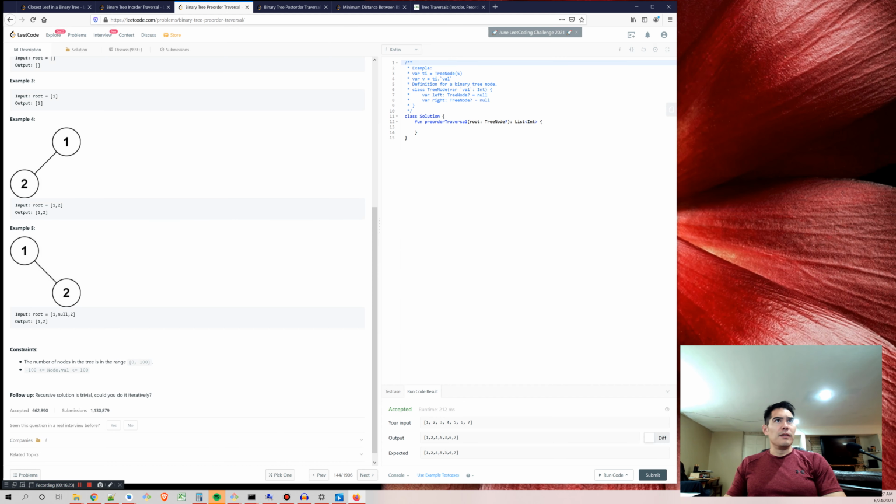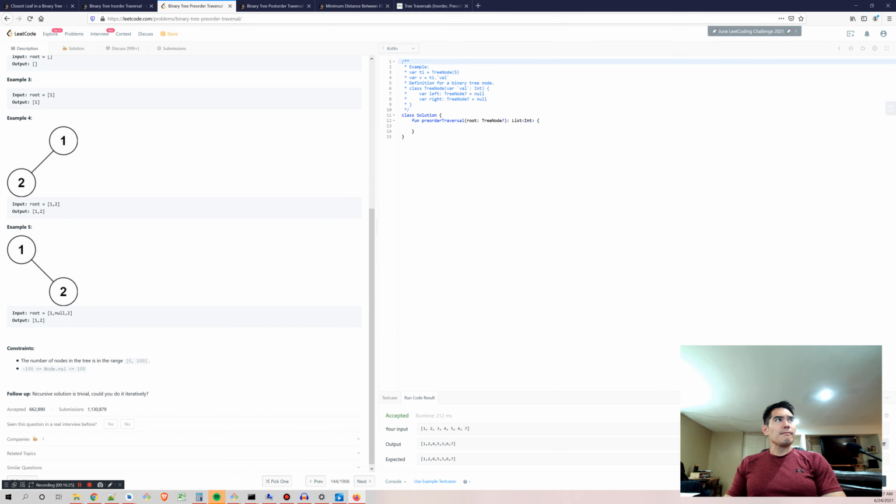We'll reset to the default code, and we'll attempt the same problem iteratively, which will involve using a